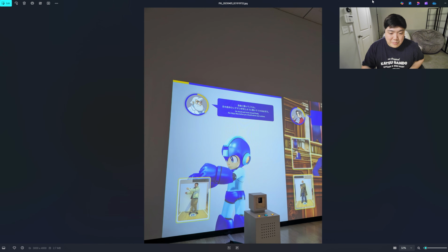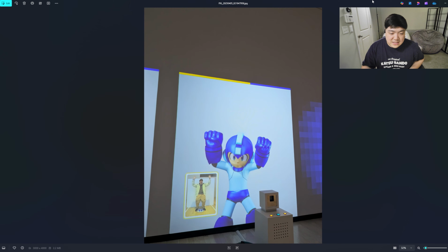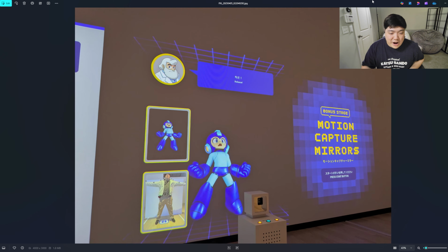And then here I am with Mega Man. I'm just doing the basic Mega Man poses and stuff. I even did one part where I did, oh yeah, this one right here. It's kind of like Smash Bros. Like,